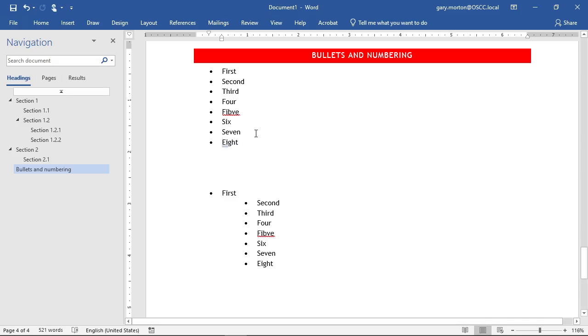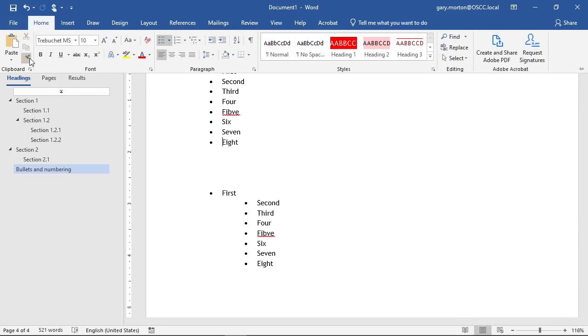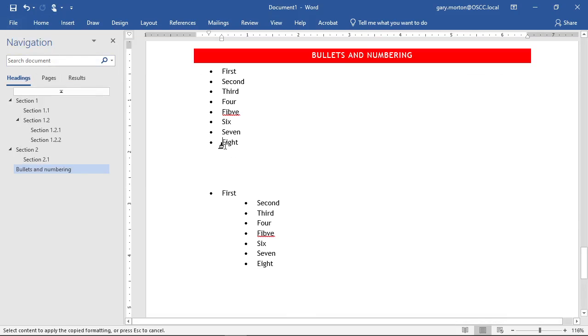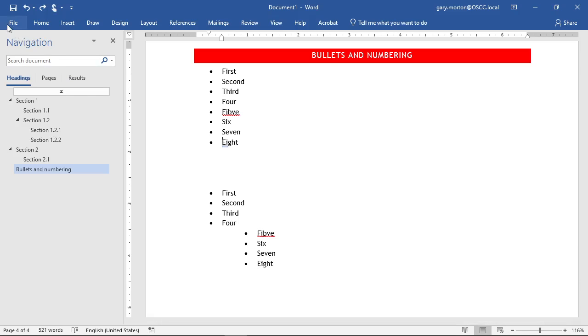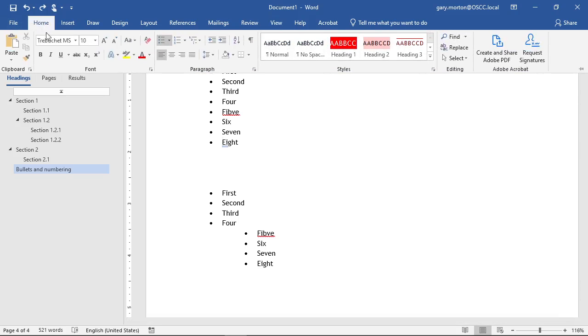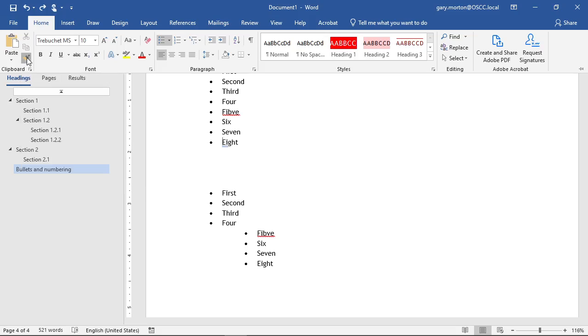So you've got two options here. The first one is to double click on it and then just go through and do those. And you can just highlight them all and be done with it. So if you do that, the highlight method, you don't actually have to double click on it. Why do I keep clicking on Home File? Anyways, okay, so if I click on it just the once,